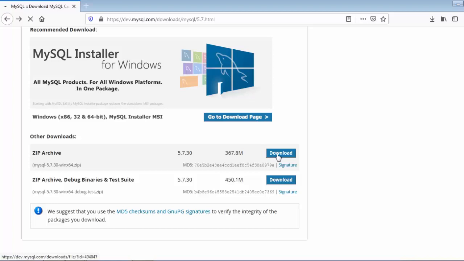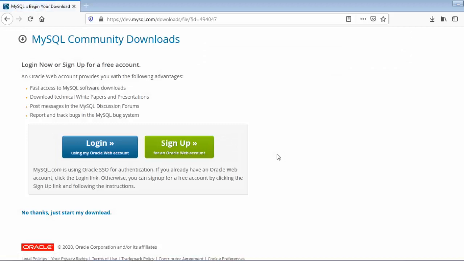Before downloading, you have to check the system requirement. Kindly check whether your architecture is 32-bit or 64-bit, and depending upon the system architecture, download the matching version, else it will show some unexpected behavior. For Linux, you have to use the command prompt and use a command for downloading the database. There is no need to log in or sign up because this is open source. You just click "No thanks, just start my download," and when you click this option, something will be visible on the screen.